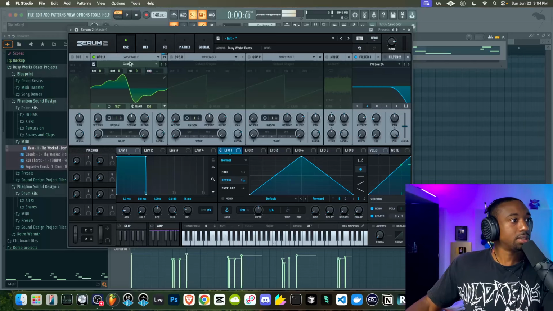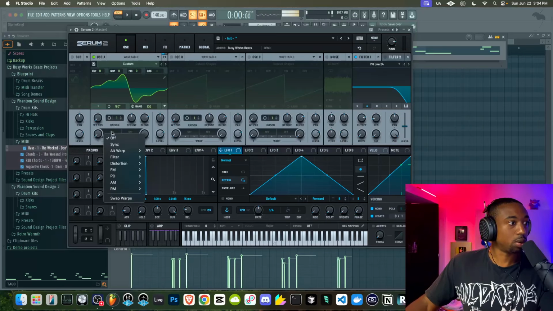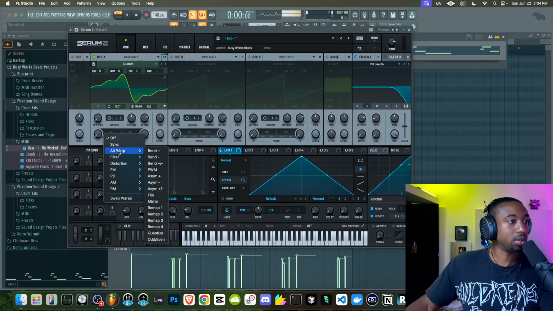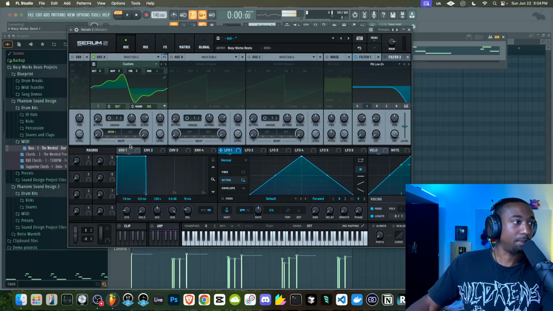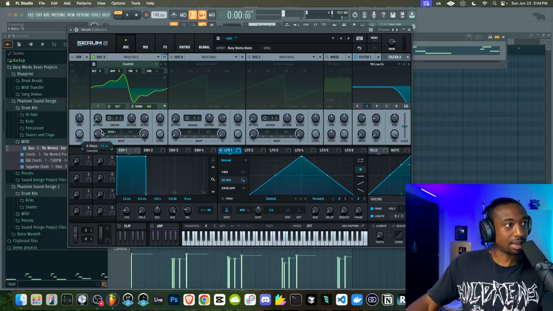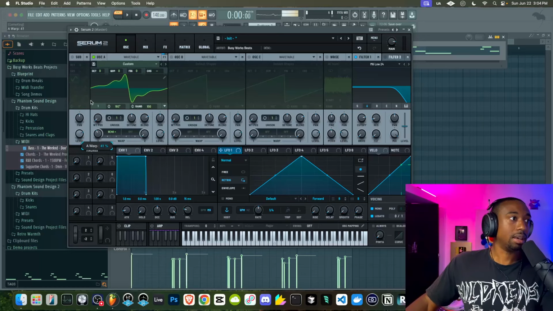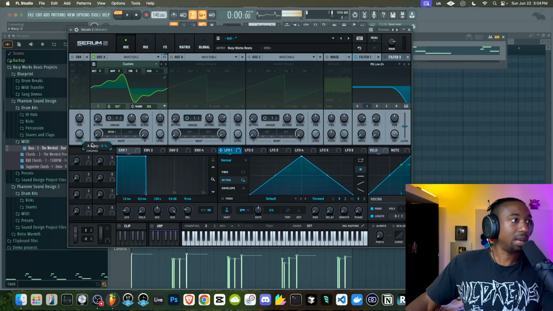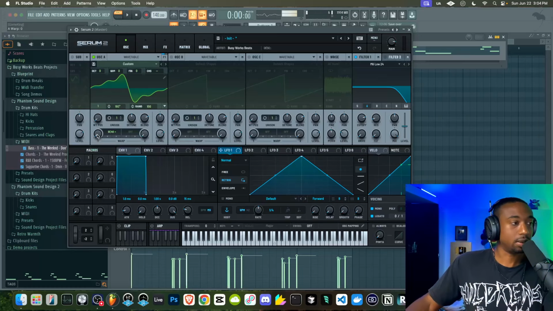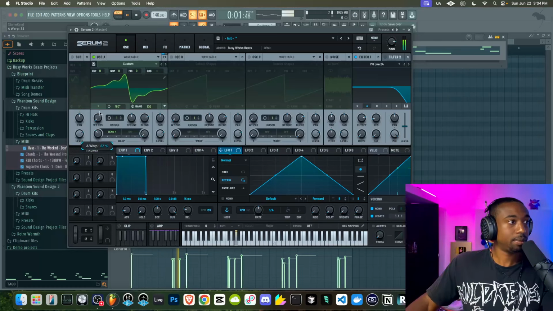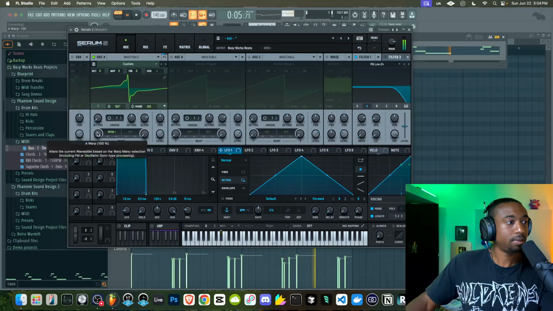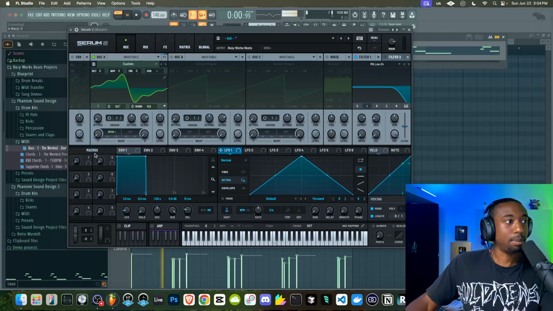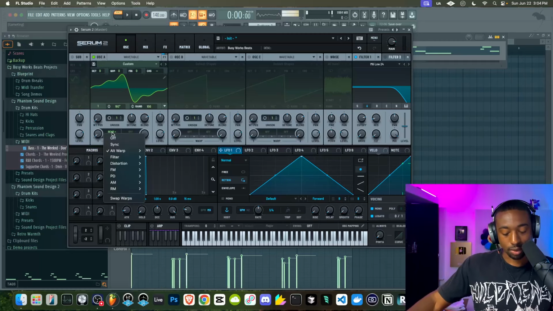Another way we can achieve this is by going to the front panel, going to the warp section and messing with the bend. So if you go to alternative warps, we have bend plus and bend minus. We're going to use the bend plus in this case, and it changes the curvature, I'll say, of the amplitude. So now we're getting a less full sound. So when you turn this up, you're going to get a thinner sound, basically. And you guys can modulate this over time with different LFOs.